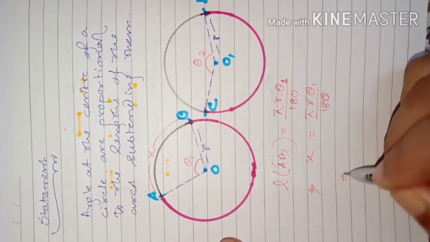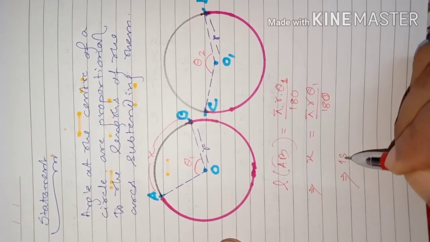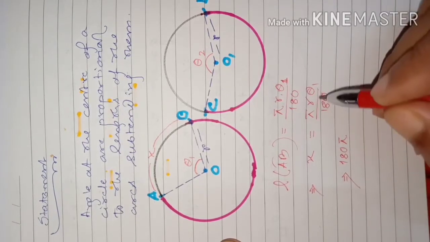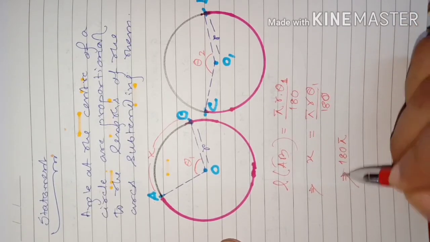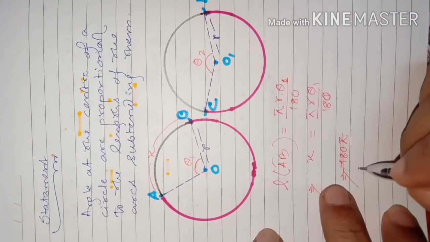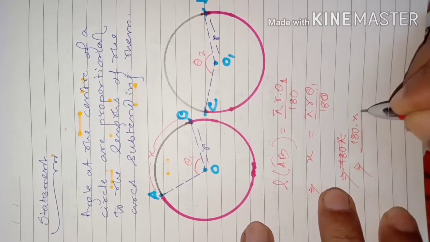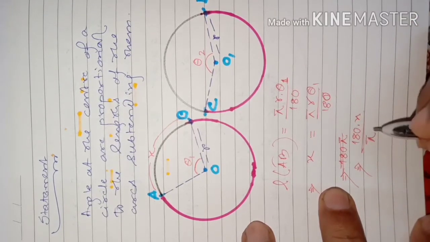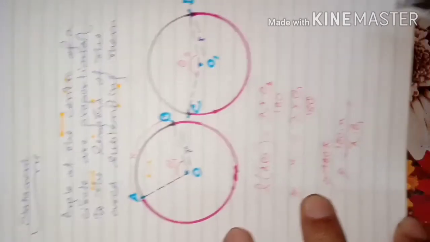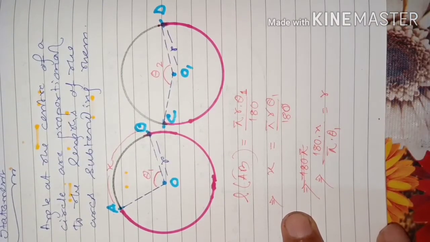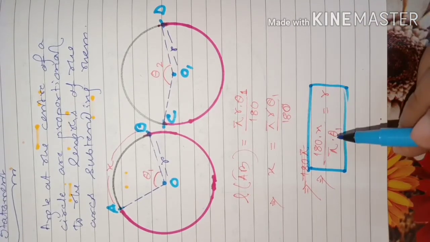So now you see, from here if I isolate this r, taking 180 to this side, it will be 180 into x, sorry, 180 into x divided by pi into theta 1 is equal to what? It is r. So r is extracted from here, that r is equal to 180 into x by pi theta 1.